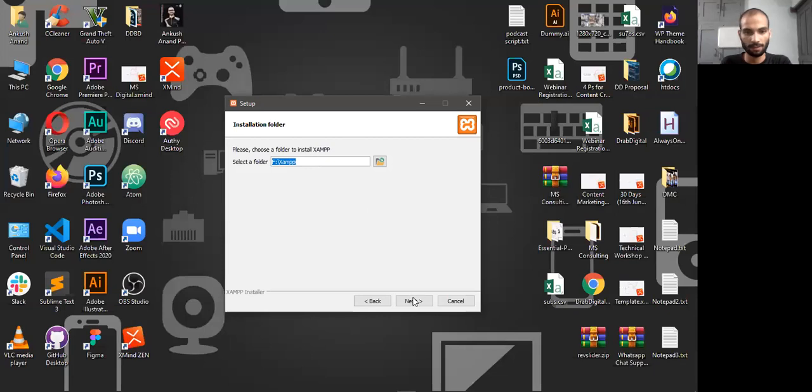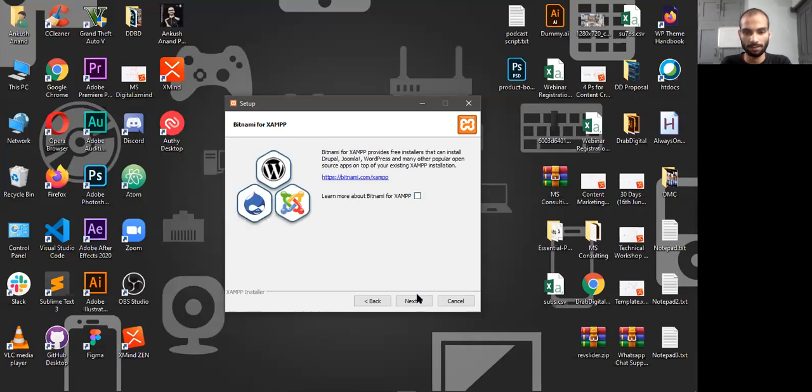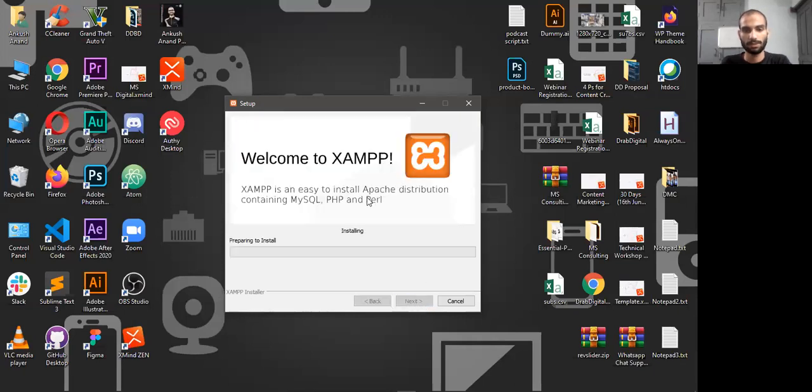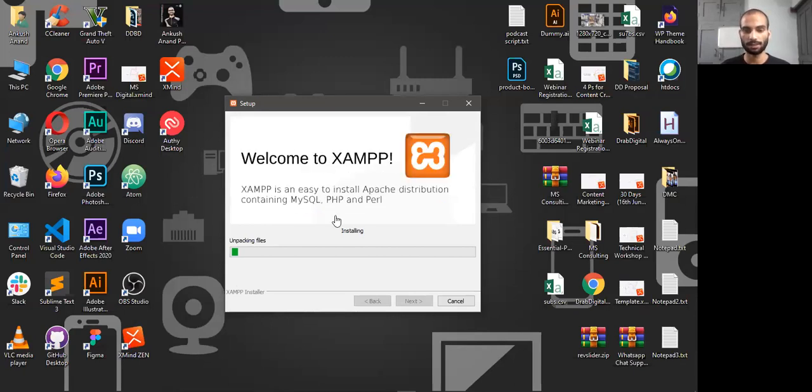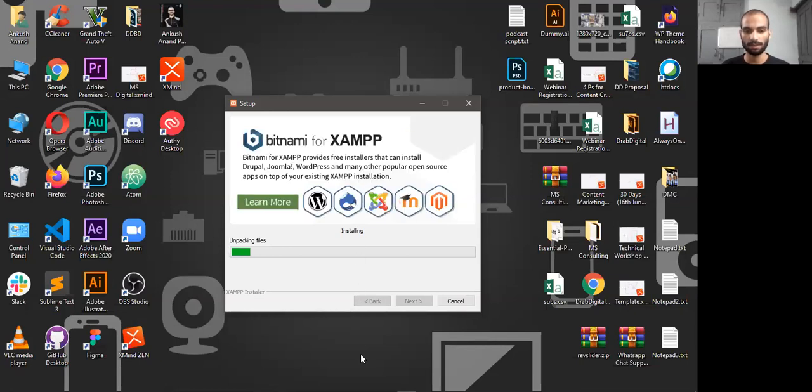Okay. So here I have to click on next, then choose the language, then turn this off, then next, and then install. This is a very simple software that helps you easily install all the required things for a local server. Otherwise, you would have to install PHP, then the MySQL database, then all the other things. This software is automatic and will install everything required on your PC. So let's wait for it to install.